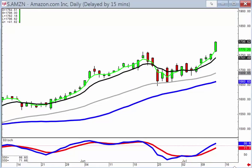This allows investors to realize that the big traders like Amazon, yesterday, notice when the market was down a couple hundred points, Amazon was still trading higher. Gapped up today, heading for the top of this channel. What this tells us, in a general